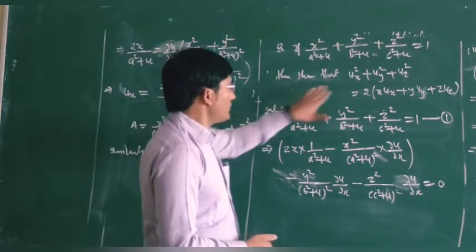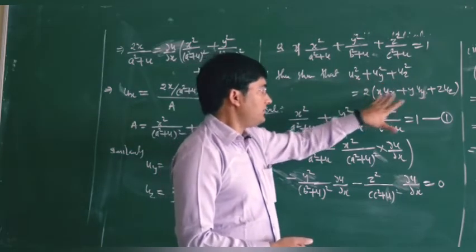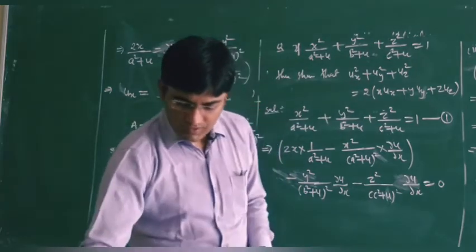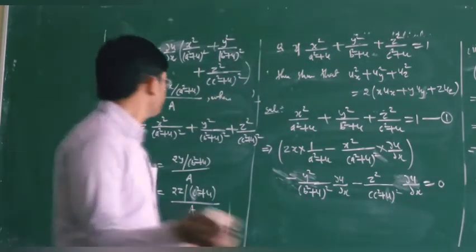So now we have the values of u_x, u_y, u_z. As we have u_x, u_y, u_z, we can take their whole square on the right hand side. Now let us compute the left hand side and right hand side separately, and then we will show that both sides are equal to each other.